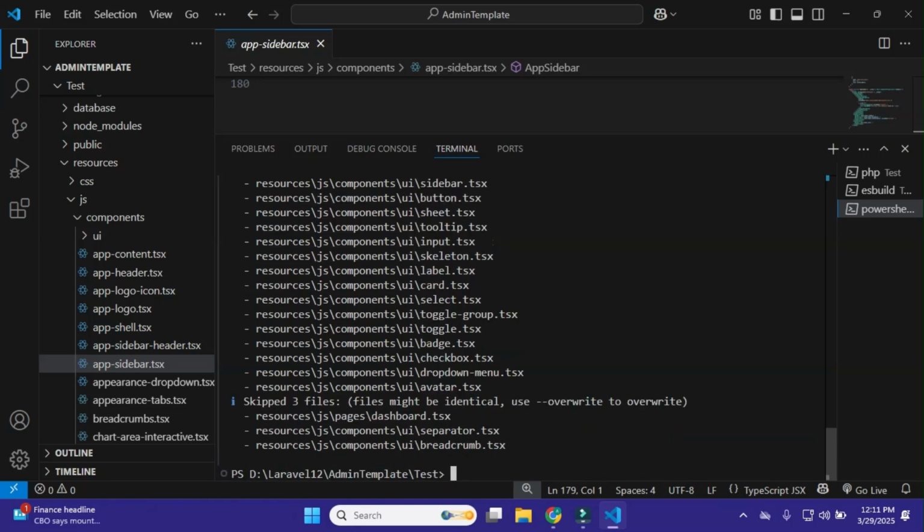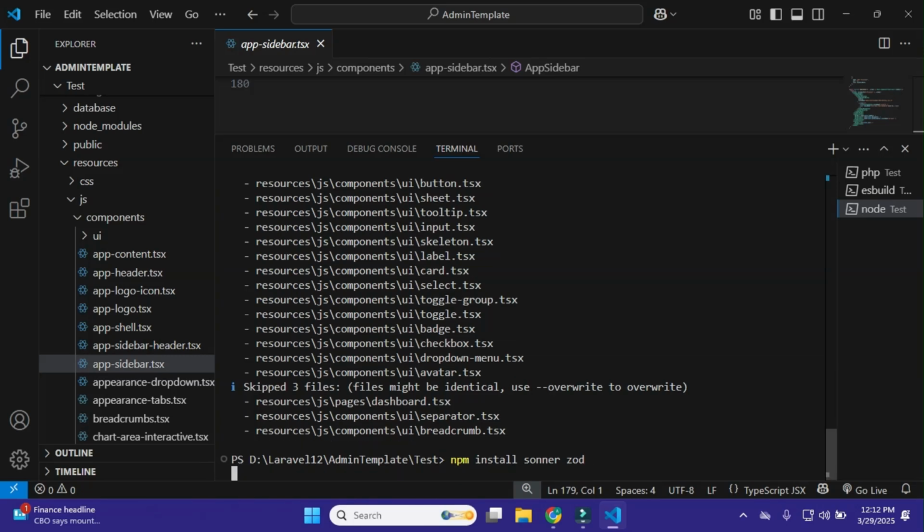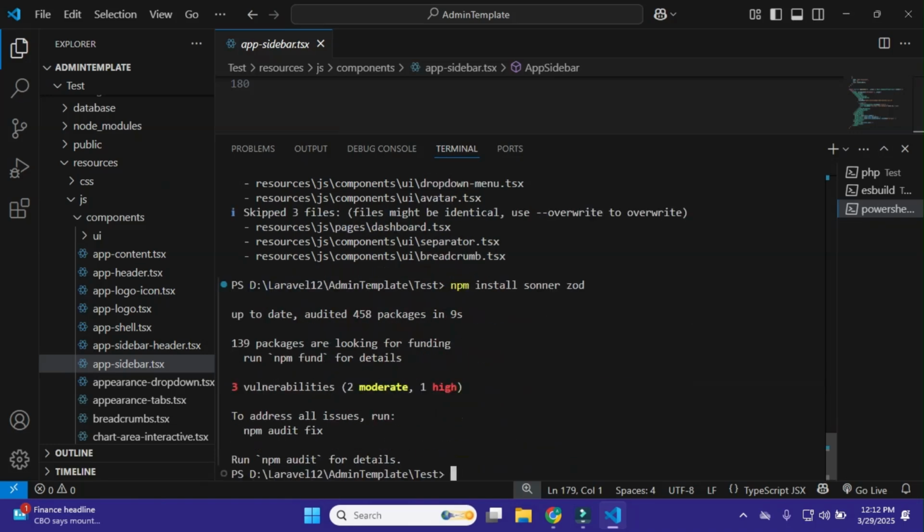For this I'll use this command to install sonner and zod in my project and click enter. So it installs the sonner and zod.